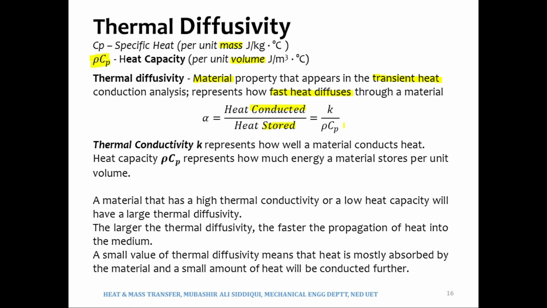So let's say the steam is flowing at 400 degrees Celsius, and the temperature of the pipe is increasing from 30 to 50 to 80 to 100 and then to 150, and then at 150, of course, it will not keep on increasing forever. There would come a time when the temperature of the pipe will stop increasing. Suppose that the pipe temperature goes up to a maximum of 150 degrees Celsius, after which its temperature does not go beyond anymore. So now the steam is continuously flowing through the pipe.